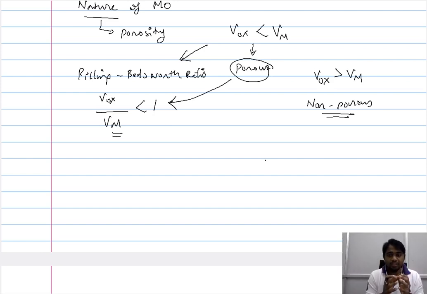So in this way, the nature of the porosity or the nature of the metal oxide influences the rate of oxidation. When you have a porous metal oxide, the ions easily propagate, so that enhances the overall oxidation rate when compared to that of the non-porous medium, wherein you don't have sufficient free space for the ions to propagate. So in this way, the nature of the metal oxide influences the overall oxidation rate.